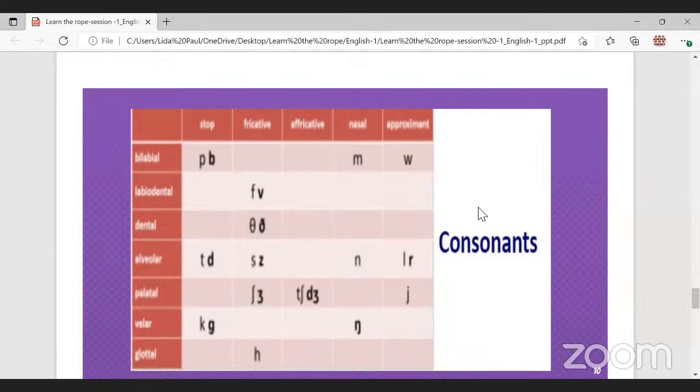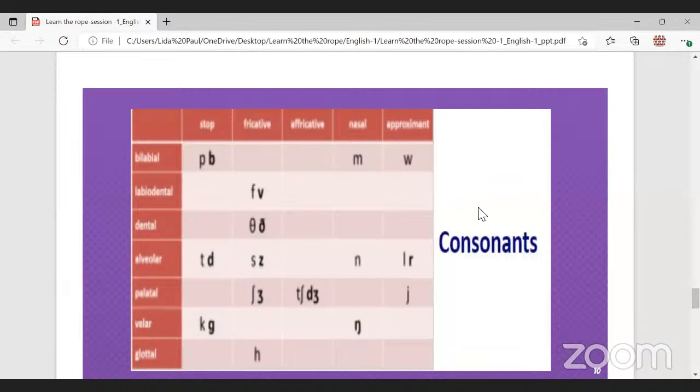Bilabial, both your lips are involved. So p and b, right? Then you have m along with it, again involving both your lips, m, which is a nasal sound, right? Then you have something which is called the approximant. This is what you were asking about, right? The semi-vowels. Some people would want to refer to this as semi-vowel, but we would treat it as consonant sound,